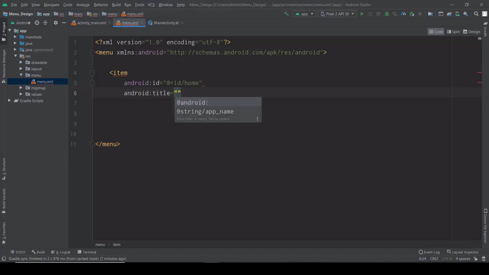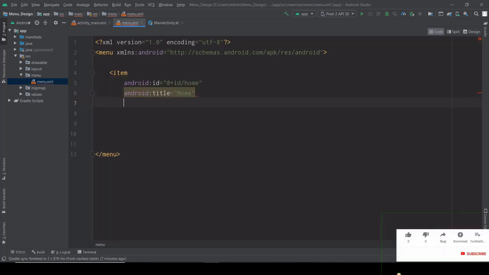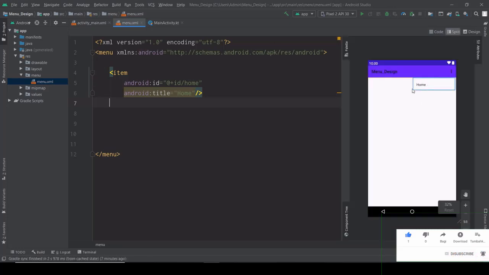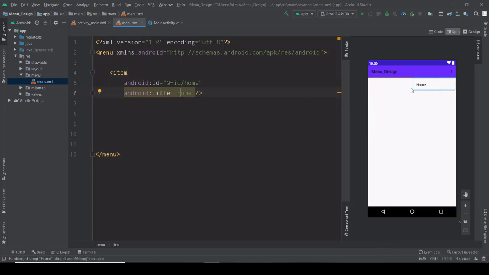So initially I create home. Just close it. This is the first main item, guys. We successfully created the first menu. The menu name is home, and the ID for this particular menu is home. For understanding, I've given the same name for the ID.